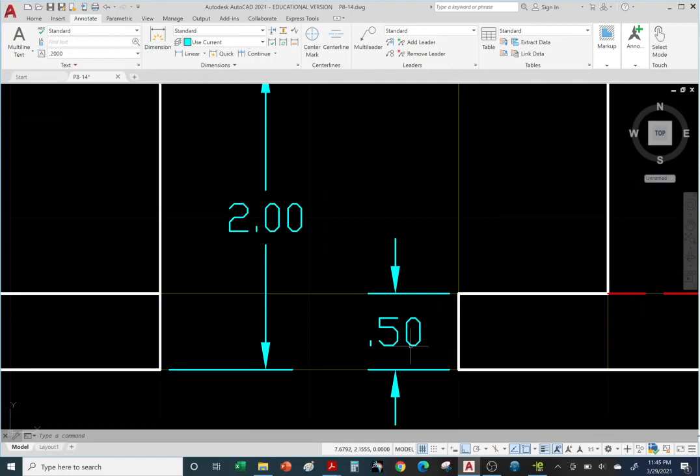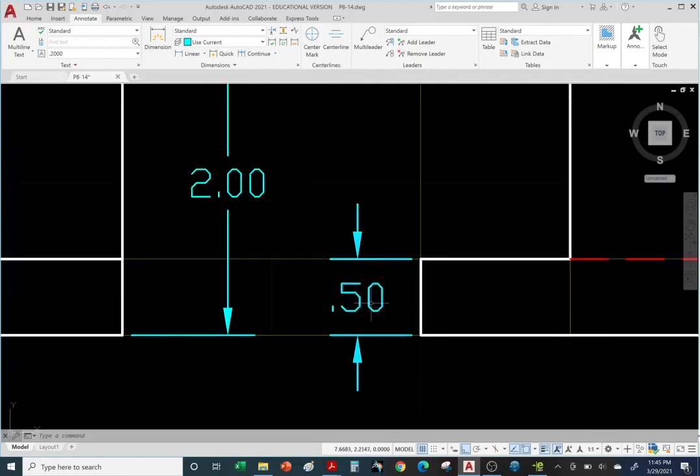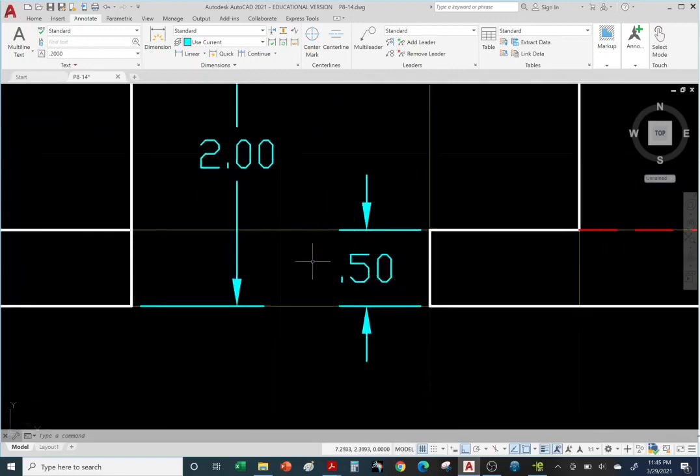Let's zoom in a little bit, roll the wheel. Okay, so one thing you don't want is for this to look too tight. So in this case, AutoCAD automatically set the arrows outside. We can always set the arrows back inside. So if I select the dimension, I can always hover over the grip at the tip of the arrowhead and flip the arrow if I want. Same thing with the bottom one. I can hover over the blue grip and flip the arrow and hit escape to deselect, and see that